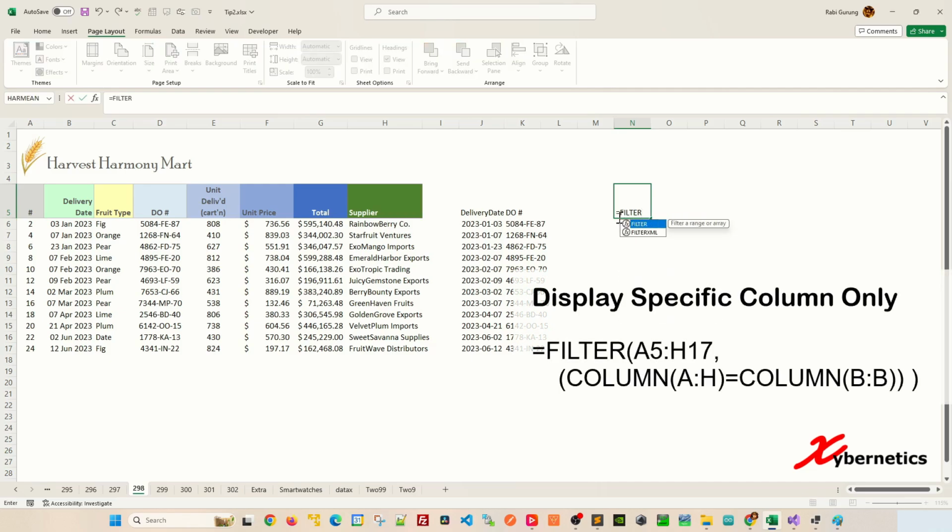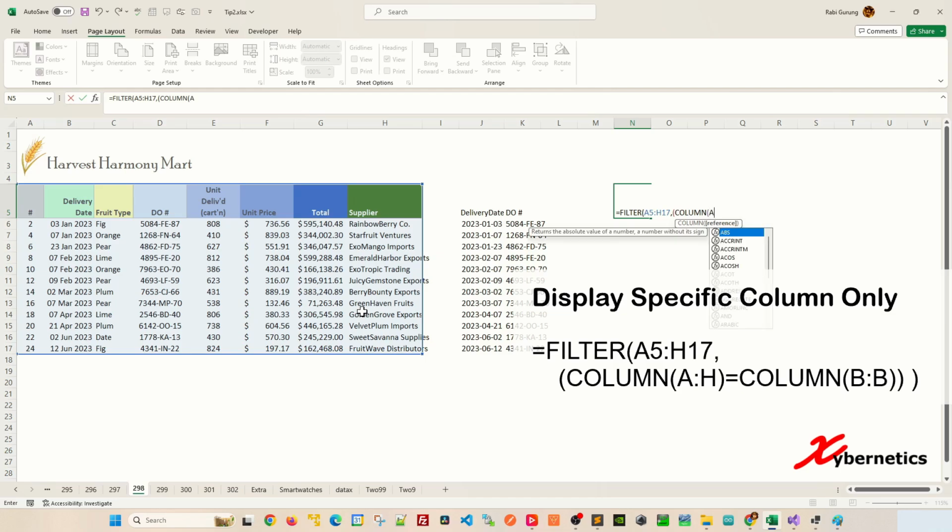You're still going to be using the filter function, and the first argument is going to be the same as the first one, assuming this is a very large dataset, comma. The second argument, I'm going to open parentheses here and type column, open parentheses again for the column, and I'm going to say A:A, and this is the extent of my whole dataset. If your dataset columns run from A to AAA, you're going to have to change this to AAA like that. Okay, so for mine it goes from A to H, I'm going to say A:H, and then close parenthesis for the